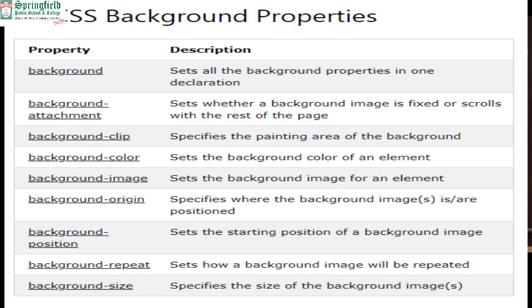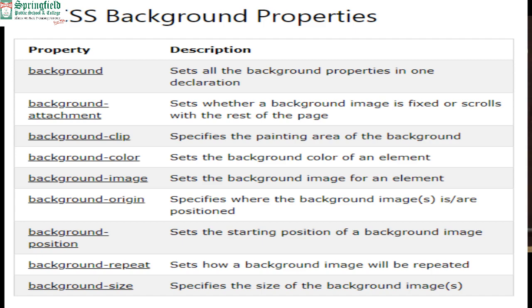Background attachment specifies whether the background image is fixed or scroll. You can fix it, or you can scroll it: if you go down, the image will also scroll, or the image will stay fixed. It depends upon you. Background repeat: if you want to repeat the background, it will be repeated as blocks displayed on your screen. If no, then a single small box will be displayed in front of you. These are called the CSS background properties.